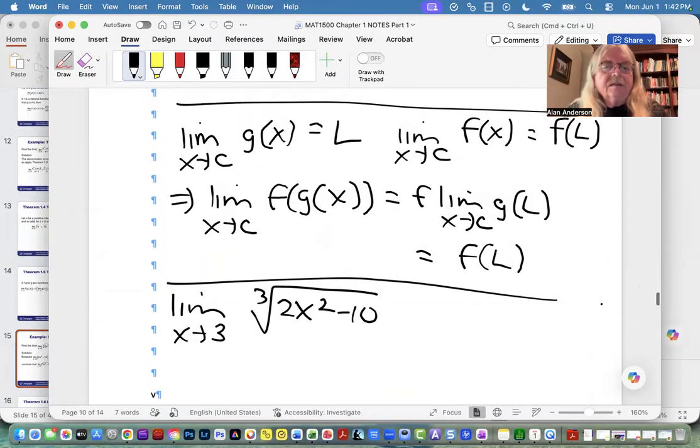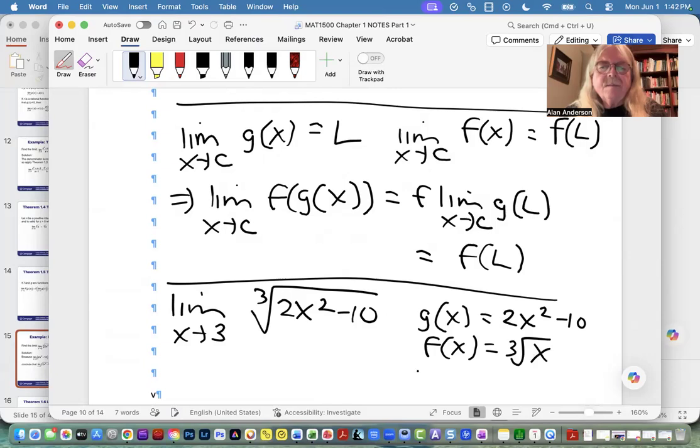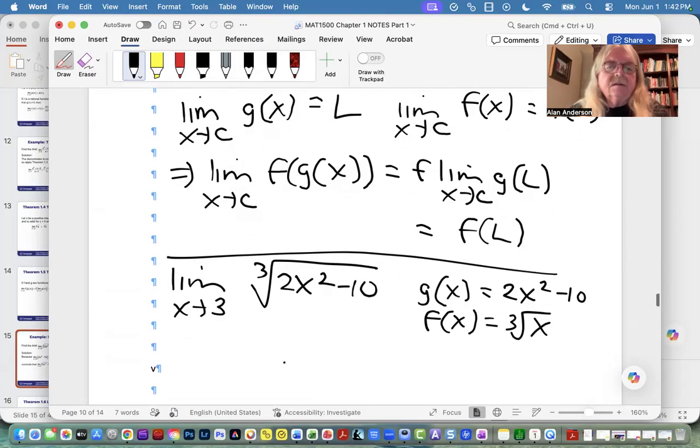So if you can think of g of x, it would be what's under this cube root sign. F of x would be the cube root of x. So the limit of this expression,